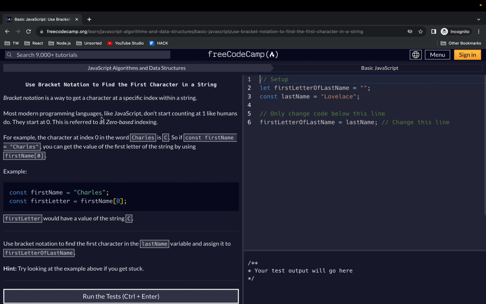All right. So, using bracket notation to find the first character of a string. We can ask JavaScript to get us the first character of a string. In this case, the first character is L. The way we do that is to use what we call bracket notation. So we add brackets and then we use the number 0. The number 0 because